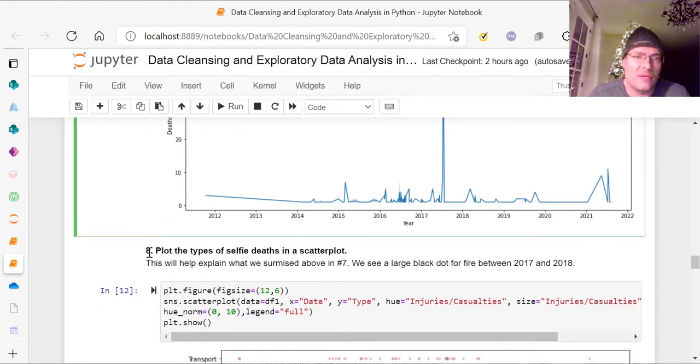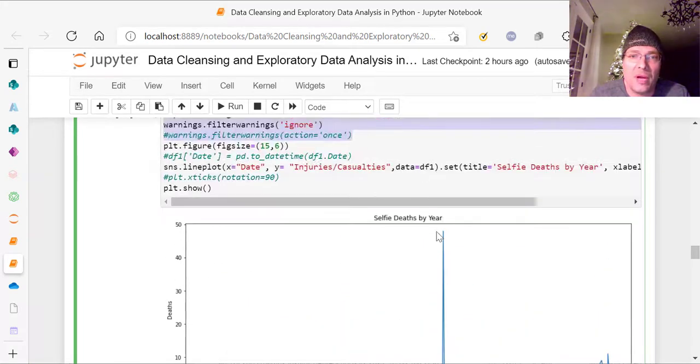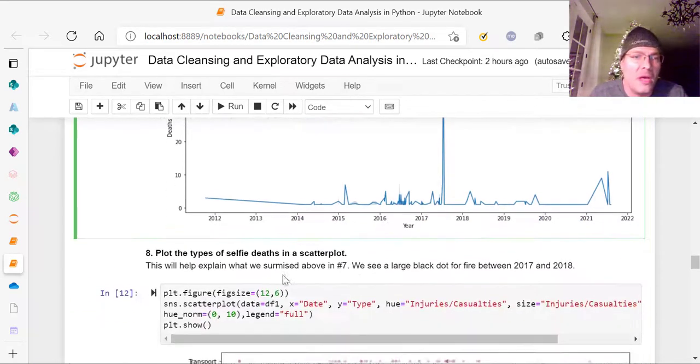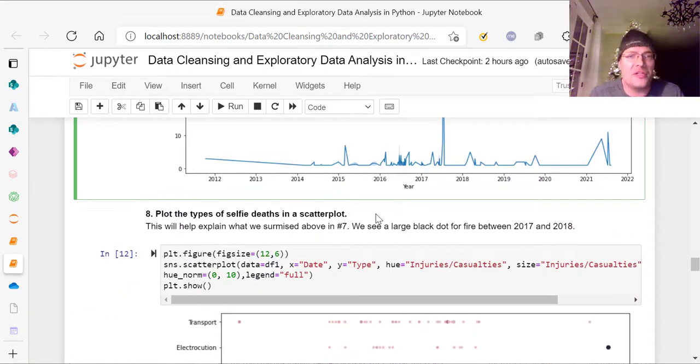have that, we're going to plot the types of selfie deaths in a scatter plot because we want to see if we can get to cover this thing right here. We see a large problem here. Once you create this line plot, we had a large spike, as we saw in 2017, 2018. This is indicative of a large event or fire that took the lives of numerous people. That's what we just said. So we're going to plot the types in a scatter plot, and this maybe will help explain what we saw